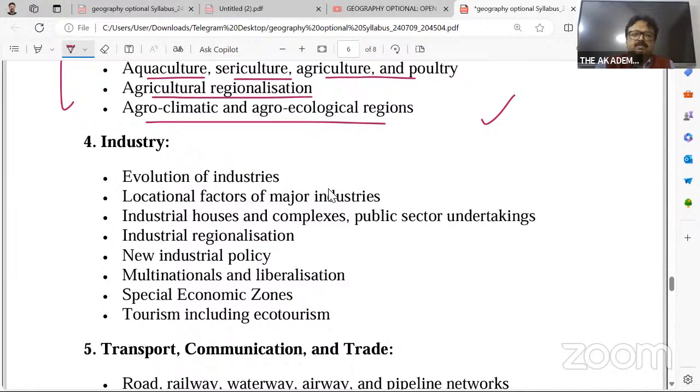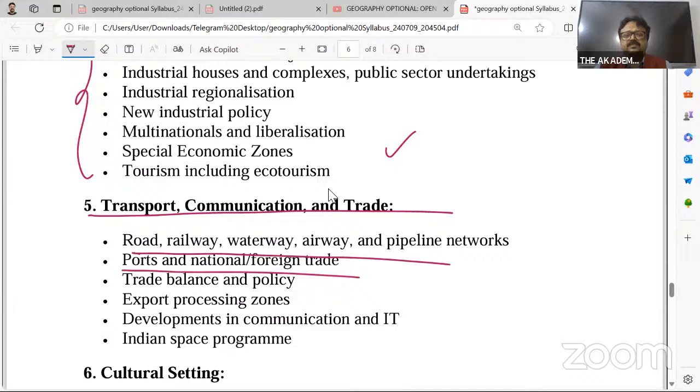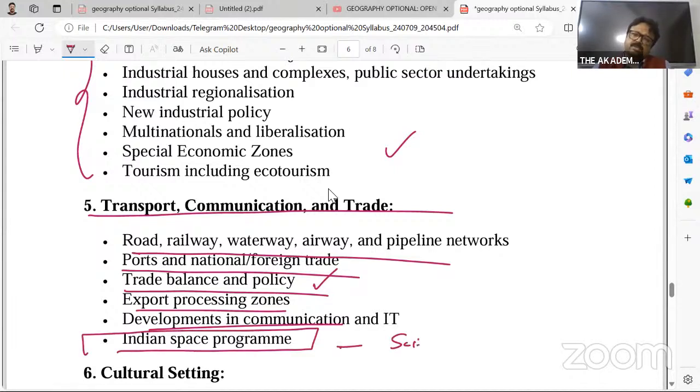Okay. Then come to industry. Again, this find the place in your economy. You will find every bullets mentioned over here. You can slash down those bullets from your economy part. Then come to transportation, communication, and trade. And this is also find the place in your economy: trade balance and policy, development of communication and IT industry, Indian space program. Okay, अपना science and technology देखो, science and technology part, and try to slash down this